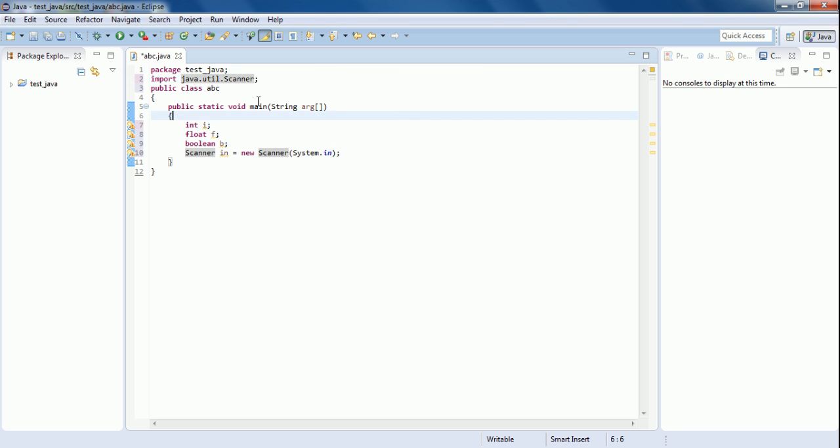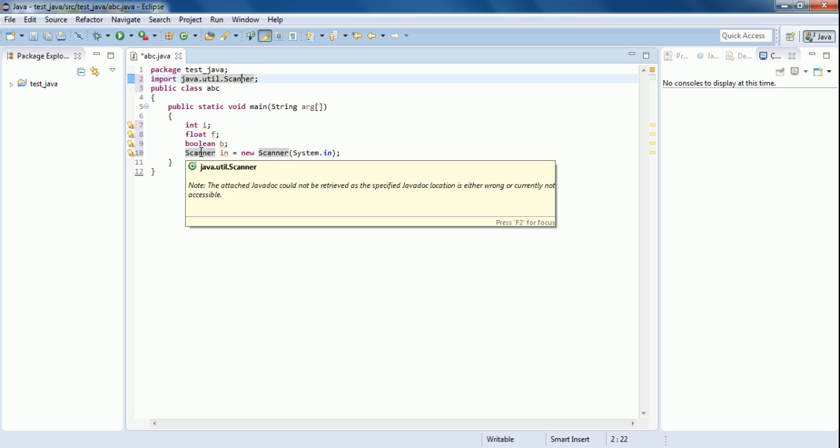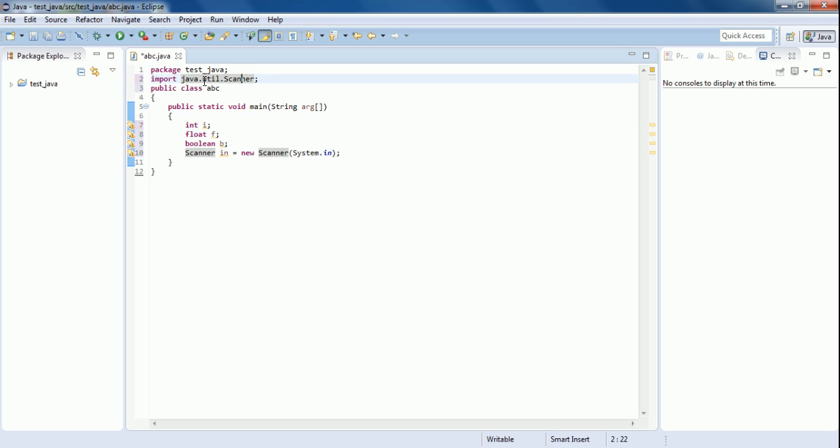It's also great because we need only a scanner class right now. So we have imported only a scanner class from the util package, or we can import all classes also as per the requirement. So now we can take the inputs